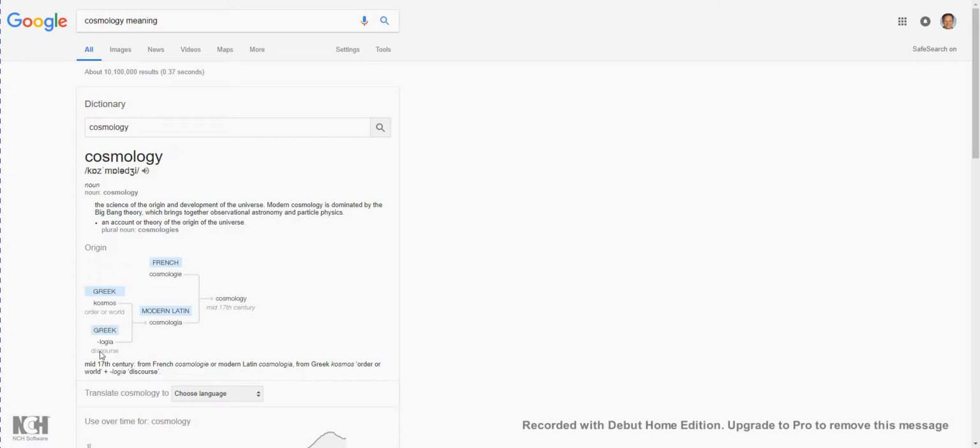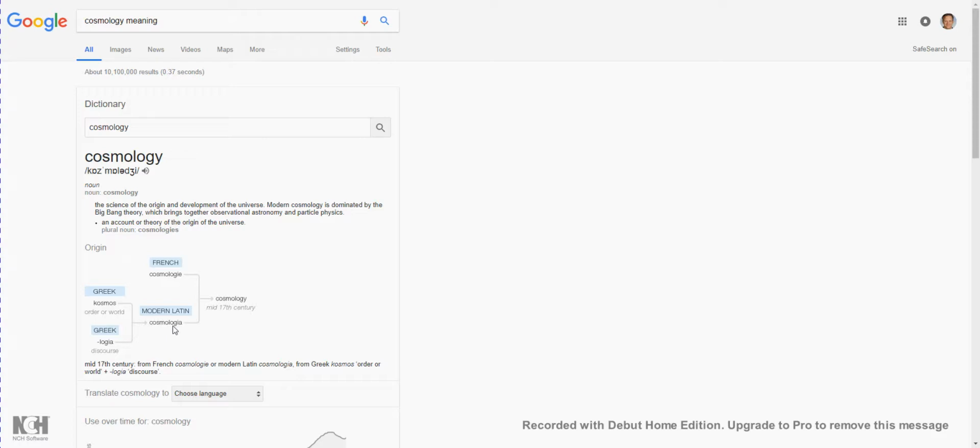And logia meant discourse, but logia then evolved into meaning logic, because discourse or language allows us to express logic. So logos, sorry, and logia. All these things come together in order to allow us to understand that basically the word logic is highly tied to the ancient Greek word for word and language. Okay, put them together and we get the